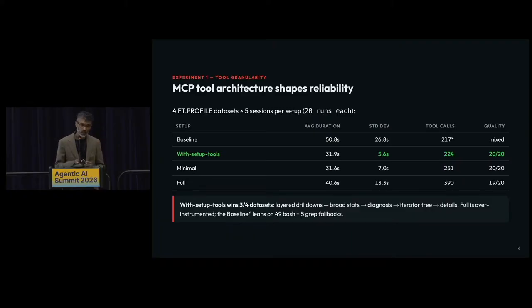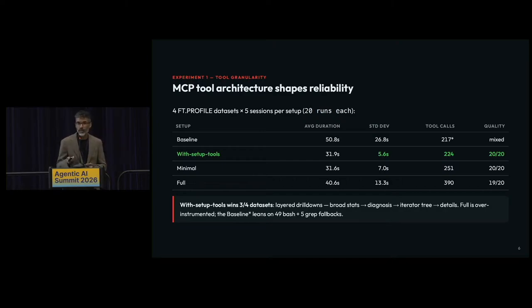The last two I call minimal and full. They were actually generated by domain knowledge. They were informed by our domain knowledge of how Redis Query Engine works. So the difference between minimal and full is that full is a superset of all the tools you might find in minimal. The way to think about it is if you have a tool such as get shard info, and you want to find out what the slowest shard is, you might have to call that and then perform some processing on top of it, as opposed to full, which might have get shard info and get slowest shard. So you just simply have to call it.